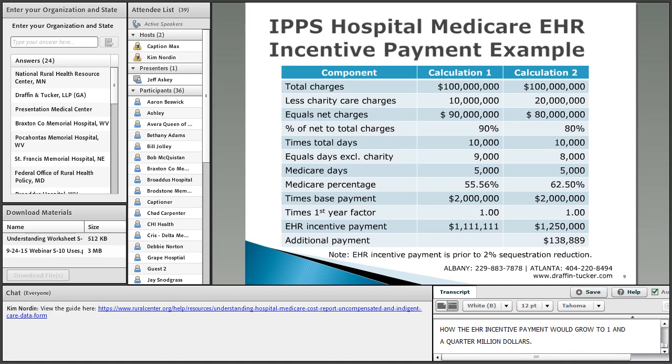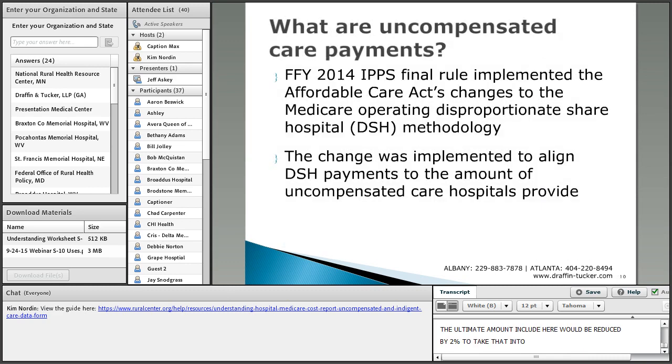Well, when they compute your Medicare percentage, they're going to take your Medicare days, in this case 5,000, and divide it by your adjusted patient days that exclude the charity component, which is 9,000, and come up with a Medicare percentage of a little over 55.5%. For Medicare purposes, for your EHR incentive payment, you get a base amount, which is $2 million, plus an additional amount for each discharge over a certain level, which we are not accounting for in this example. But if you take your Medicare percentage that we've computed times the base amount in calculation 1, for a first-year qualifier, you would have received an incentive payment of